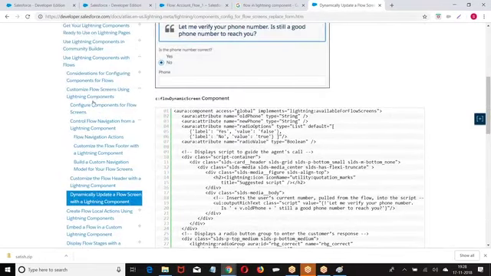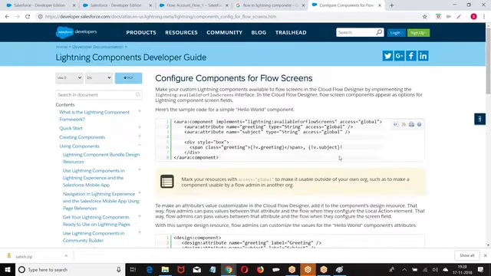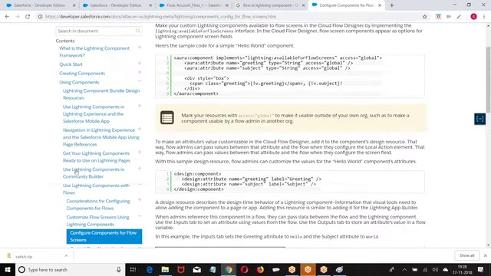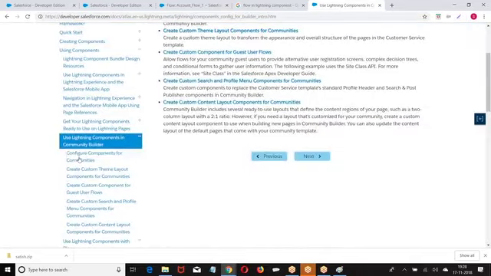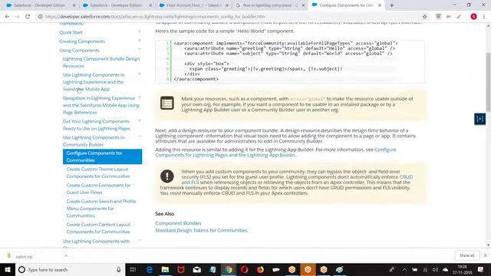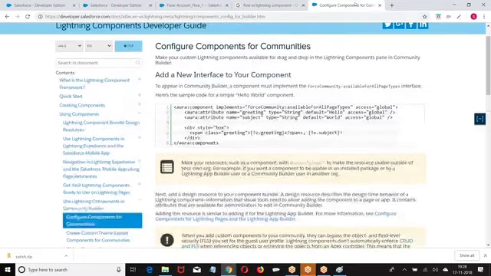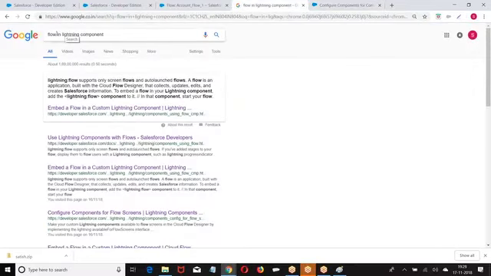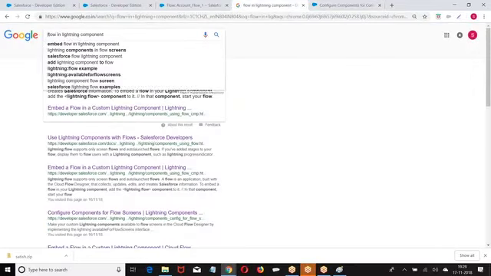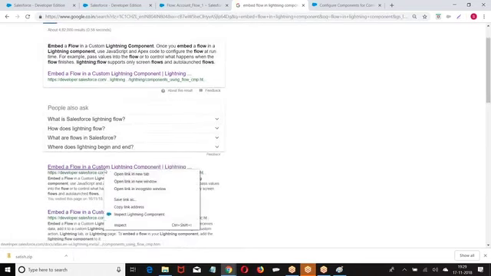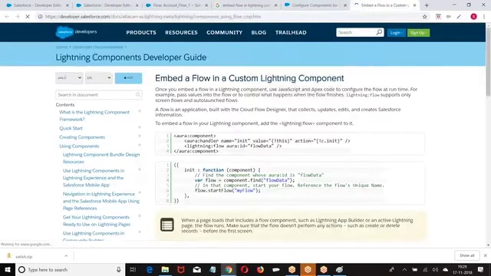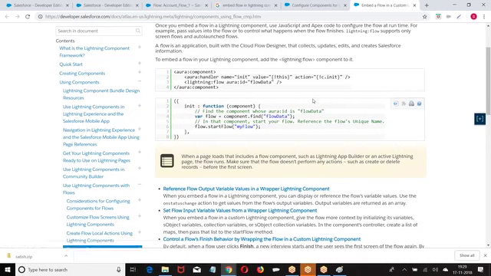First step we need to go. Right, this is the functionality. lightning:flow, lightning:flow.